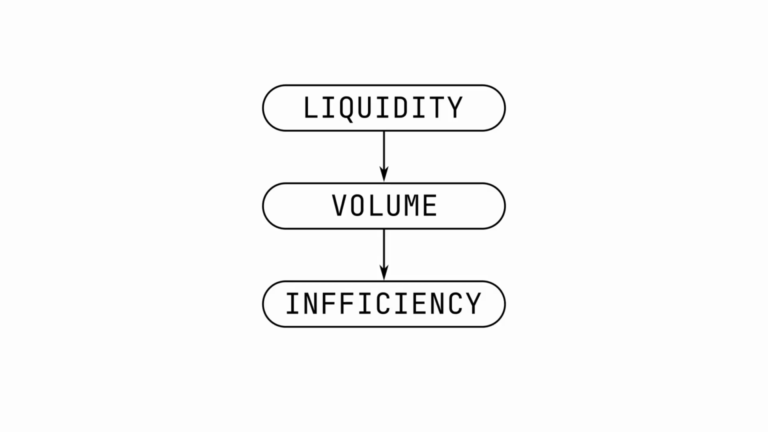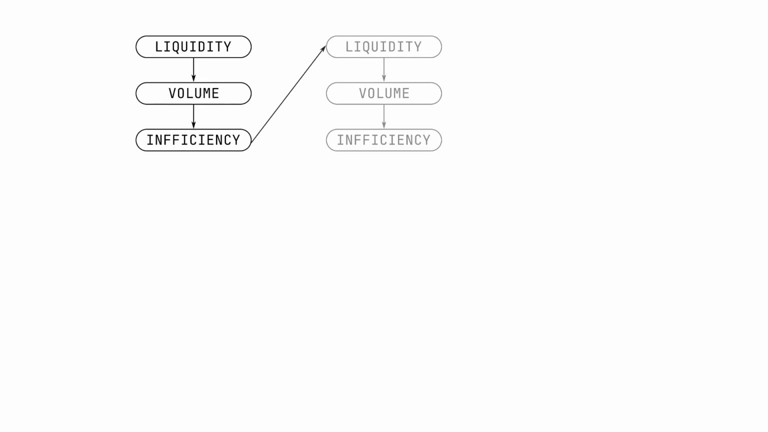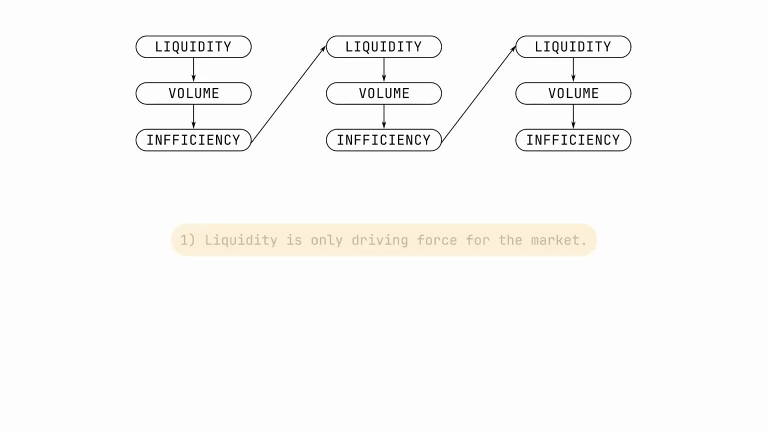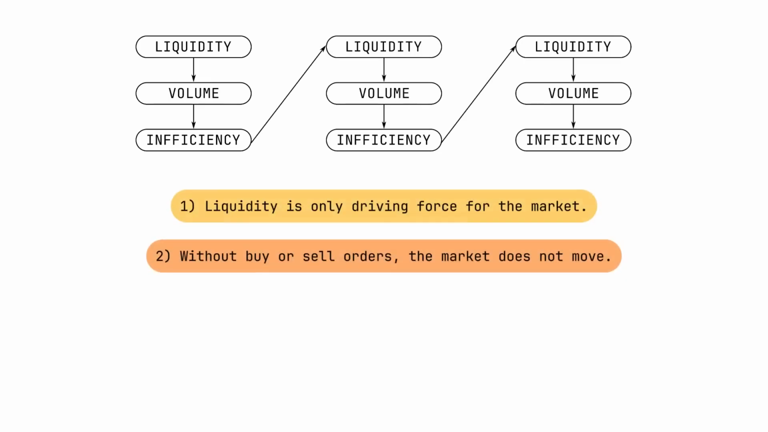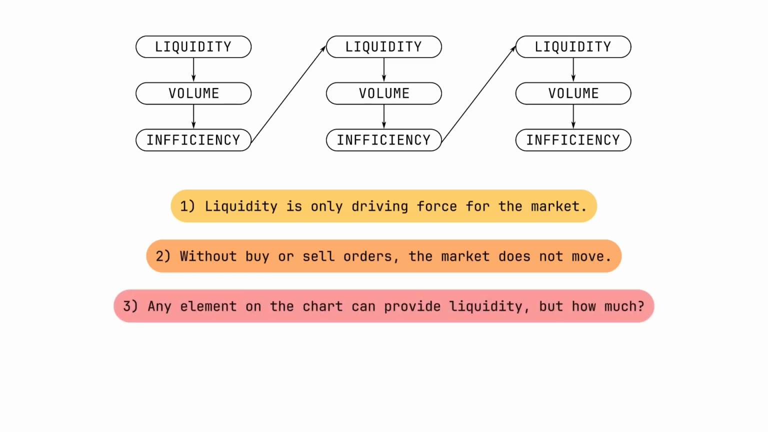It is based on 3 main elements: liquidity, volume, and inefficiency. Any movement can be described using just these 3 concepts. At the top of this chain is liquidity, which is the sole driver of the market. Without liquidity, that is, without buy or sell orders, the market simply would not move. It is important to understand that any element on the chart can provide liquidity, but the question is in the